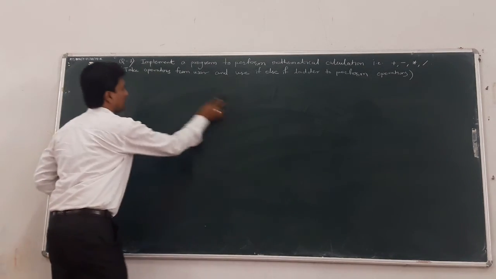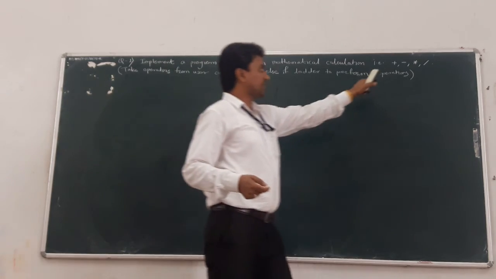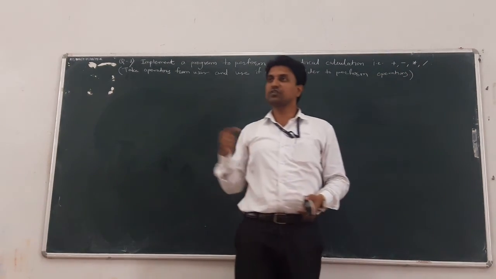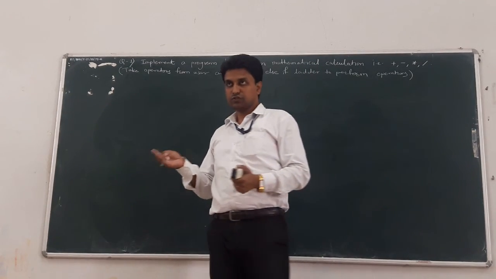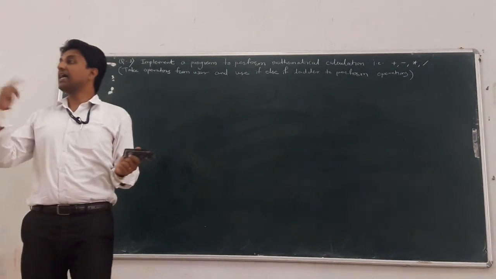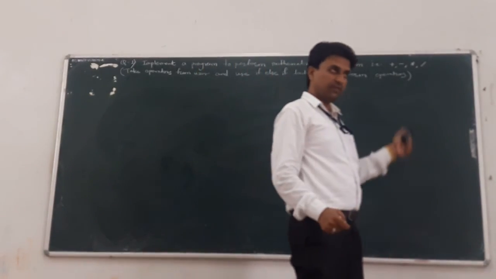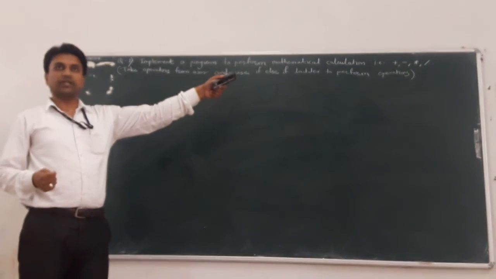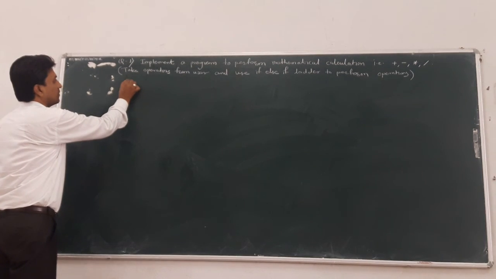So first, the program to perform mathematical calculations takes these arithmetic operators from the user. These are the operators, actually a character. So take one character from the user, as well as, to perform the operation, we want two operands, two integer type variables. We can scan two integer type variables as well as one operator, and the operator type is character. So start writing the program.